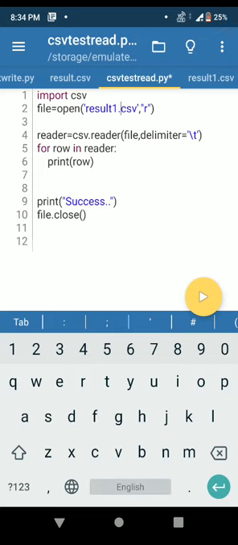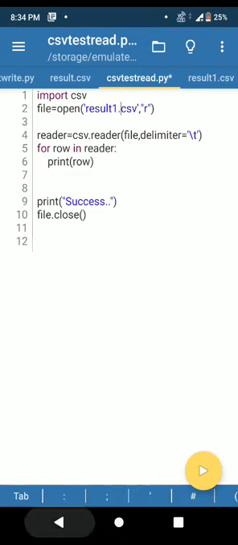Then you can see rest of the program code is same. Inside reader function I have given the file object and delimiter as \t, that means tab stop. Since in CBSE result file the delimiter is tab.